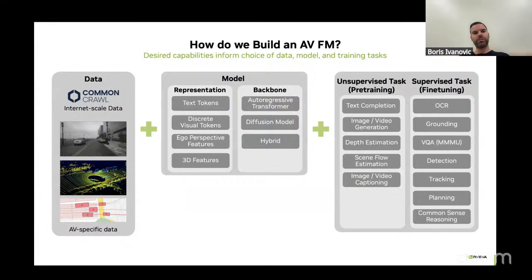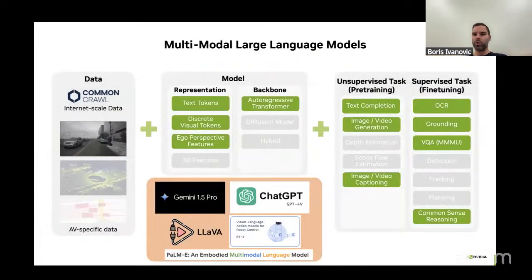So the first really common paradigm that we see within the robotics and AV community is multimodal large language models. These are models like Gemini, GPT-4, or in the academic space, LLaVA or PaLM-E. And these models really focus on breadth, in that they all train on internet-scale data, but they train on really a variety of data. So you might see the representation of text in there, of images, of videos,